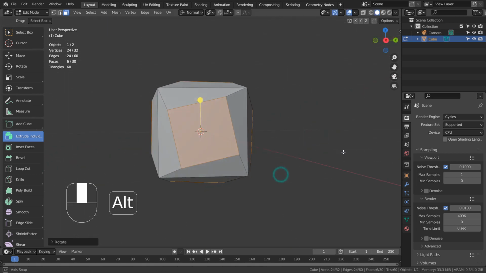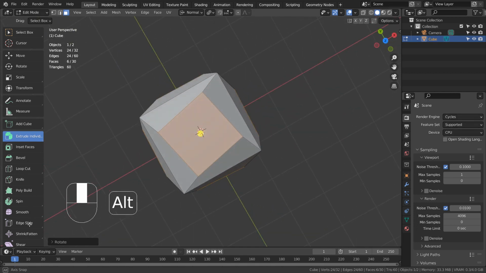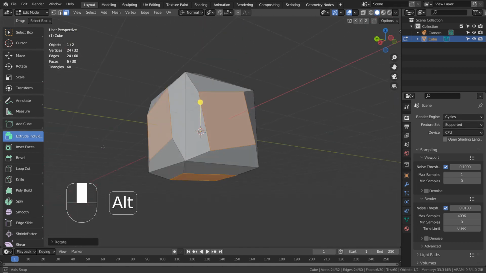Now that we know how to rotate the faces individually, let's use another mesh to create an interesting looking result.